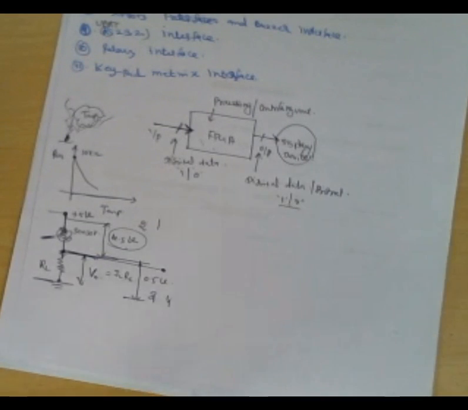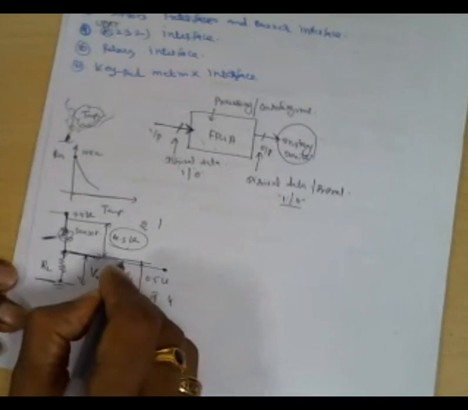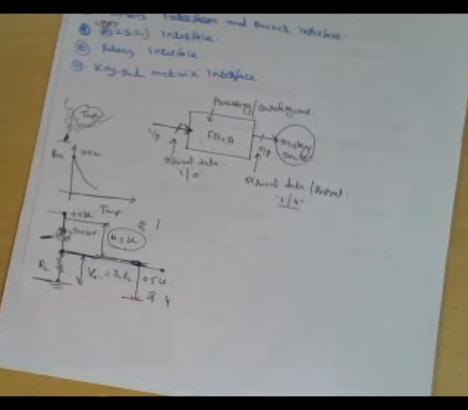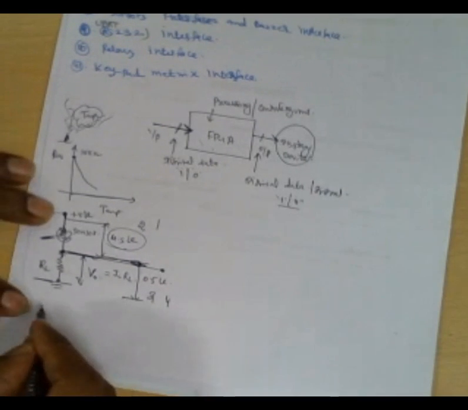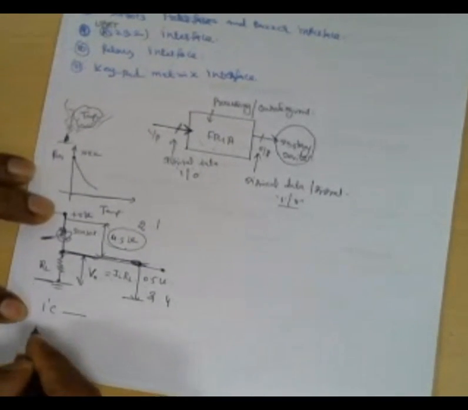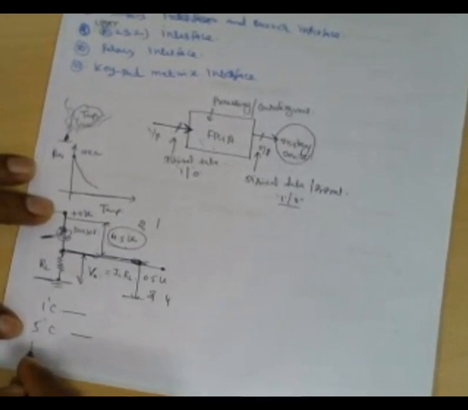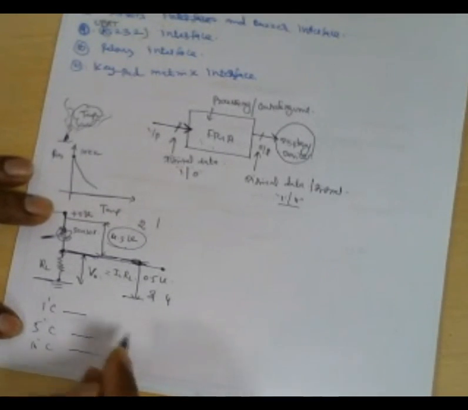So the pressure is directly proportional to the sound that she emitted. In the same way, the voltage that is available here has a direct relation to the amount of temperature that is falling on the sensor. That is what we call the relative measurement. Right? There is a direct relation now. So when you map, suppose this is 1 degree Celsius, how much voltage will come out? 5 degrees Celsius, how much voltage will come out? 10 degrees Celsius, how much voltage will come out? So we measure this voltage. By measuring the voltage, we are able to measure the temperature now.